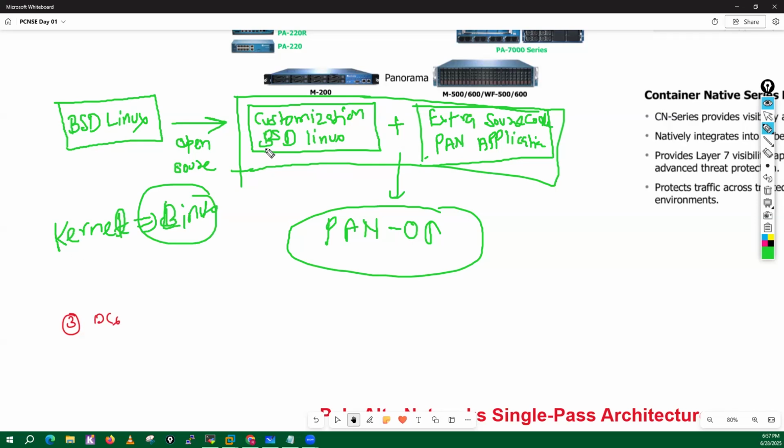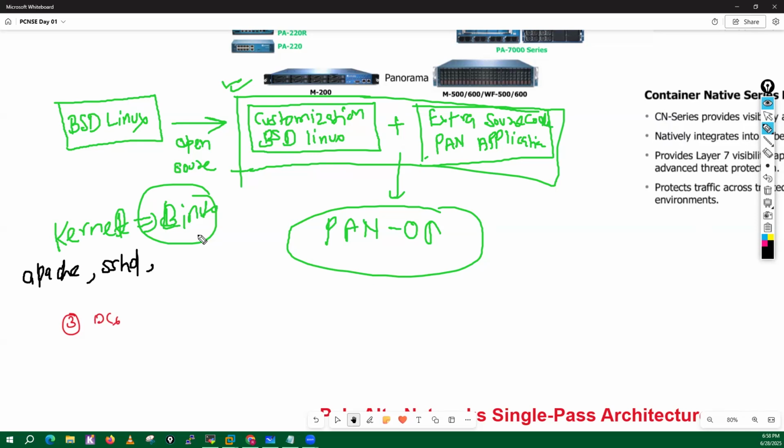Now, guys, tell me one thing. In Linux, if I want to start the web services, then I have to run the Apache service, yes or no? On my Linux, if I want to run SSH, then I have to start the SSHD service,